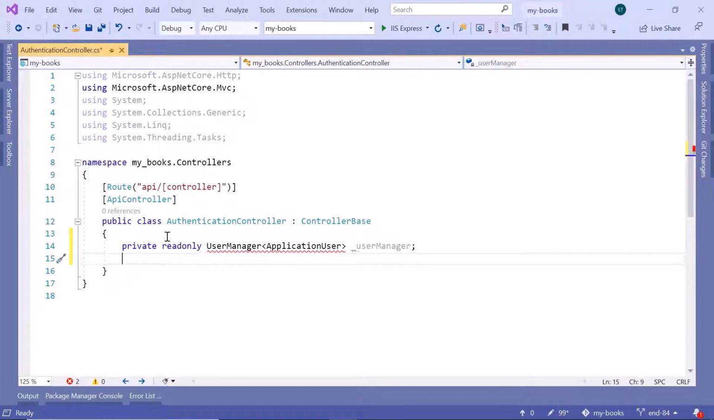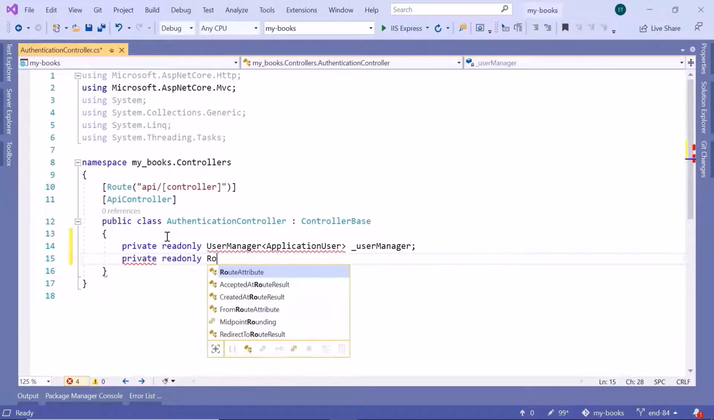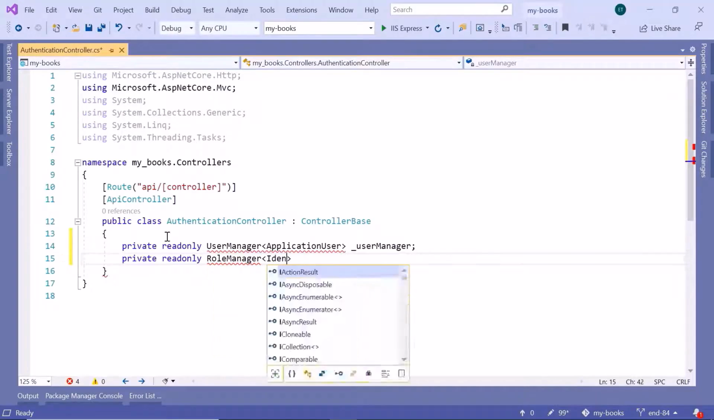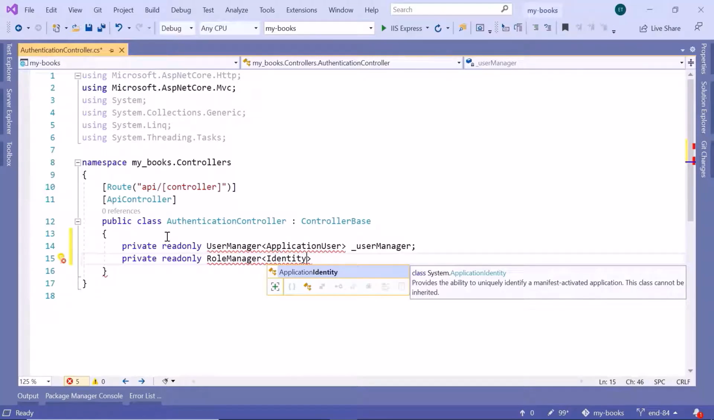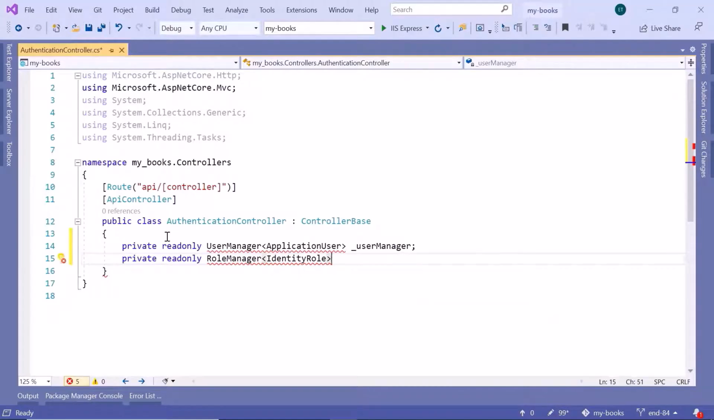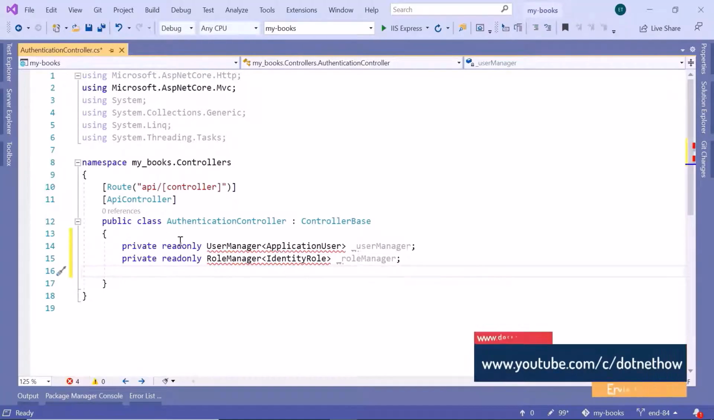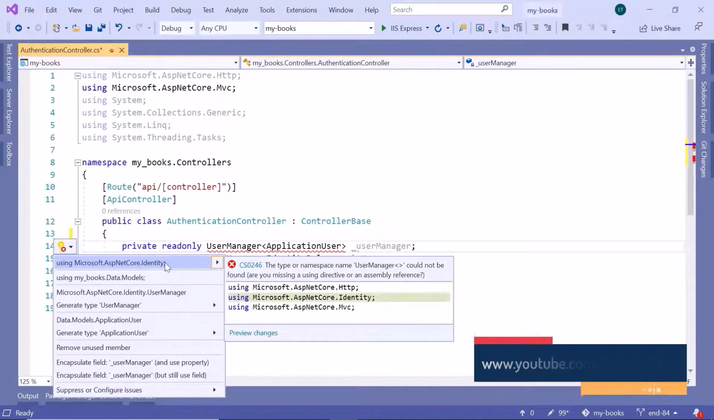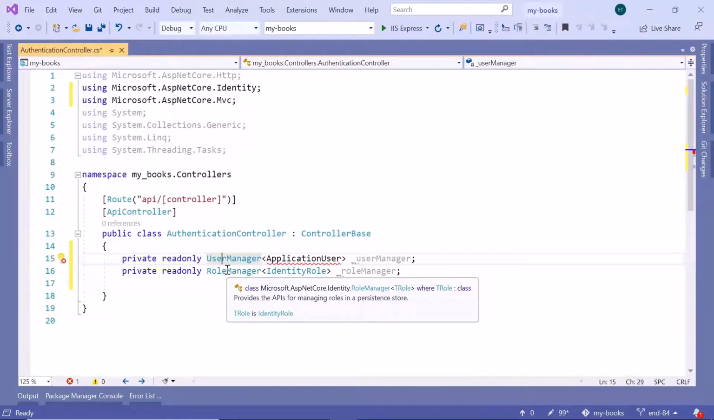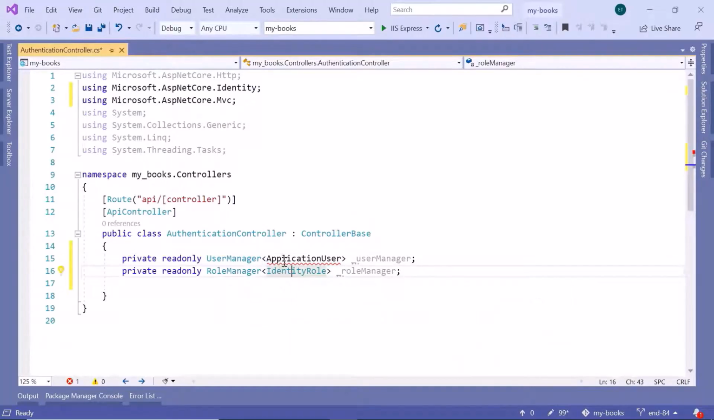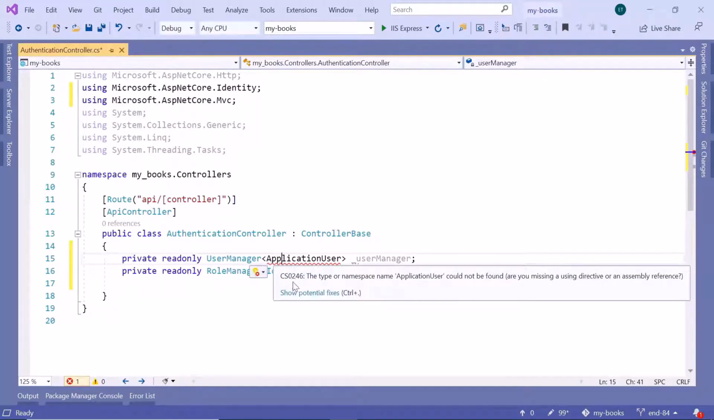Then next, we are going to add the role manager. So for that, I'll just type in here private readonly RoleManager, and then pass as a parameter the IdentityRole class, because that is the class that we use to manage the user roles. So IdentityRole, and the name is going to be _roleManager. Now let us import the namespace for the UserManager, and for the UserManager the namespace is Microsoft.AspNetCore.Identity. The same is for the RoleManager and the IdentityRole, but we need to also import the namespace for the ApplicationUser, and that is the